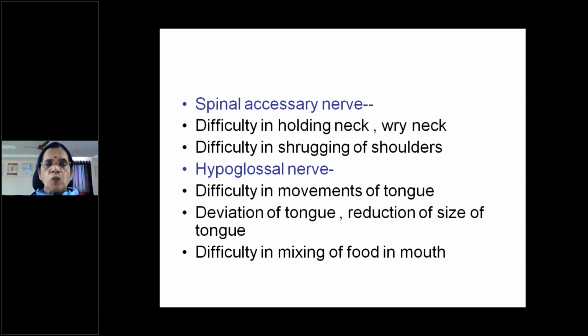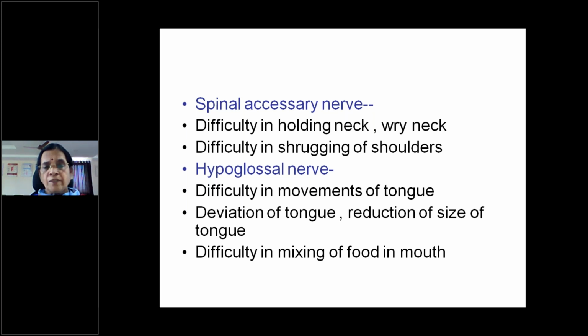And last is the hypoglossal nerve, the 12th cranial nerve, which supplies all the groups of muscles in the tongue. So all the syllables spoken by the tongue, the linguals especially, like la, they cannot pronounce. There will be difficulty in speech and also in movements. The patient cannot move the tongue forward, backward, above, or below. Deviation of the tongue can also be there, but we must be careful.